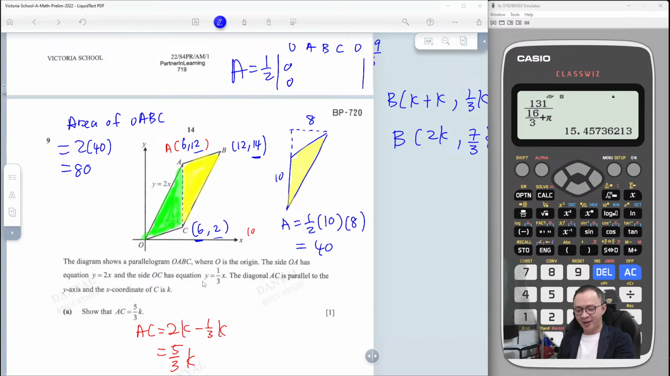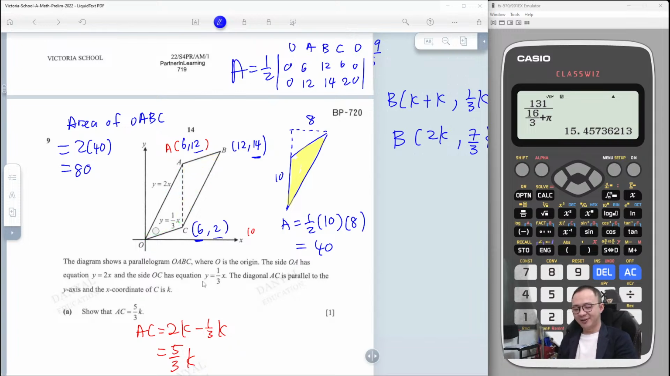0, 0, A is 6, 12, B is 12, 14, C is 6, 2, 0, 0. If you are using this method, I believe you definitely get the same value also. Okay, then